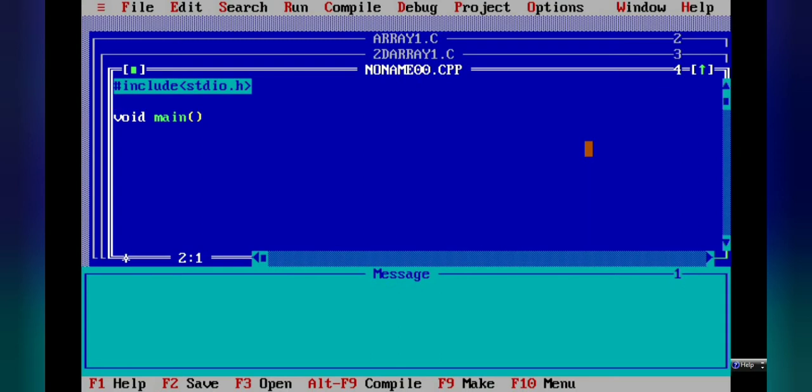When we are using a user defined function in our program, and that function is defined after our main function, then first we have to declare that function. That is known as a function prototype. So the function prototype is needed when the function is defined after main.